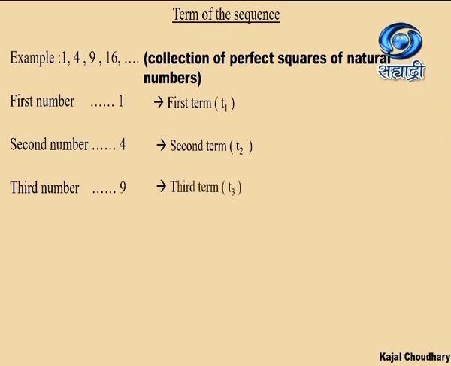Third number will be called as the third term and denoted as T3. So 3 represents the third position. Similarly, if we go on moving into the sequence, what will be the nth term or the last number of the particular given series? It will be called the nth term and will be denoted as Tn. So n is going to represent the position which we are talking about.